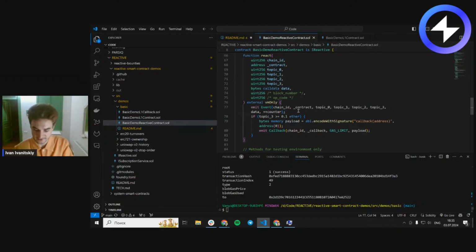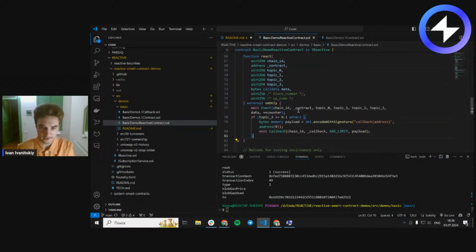First of all, it emits the event on the reactive network, just logs all the stuff that is happening. Also, it counts the stuff with this counter, and then it checks the condition that the transfer is bigger than 0.1 ETH, and only in this case, it calls the callback smart contract. So here it forms the payload for the callback. In our case, it tells that we are going to be calling the callback function of the destination smart contract,